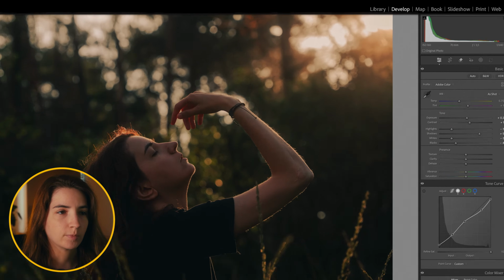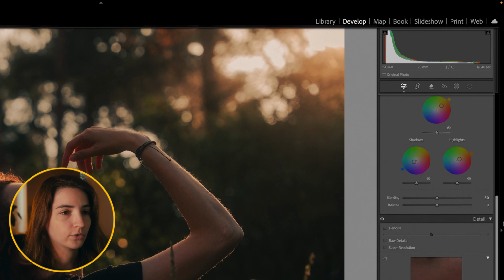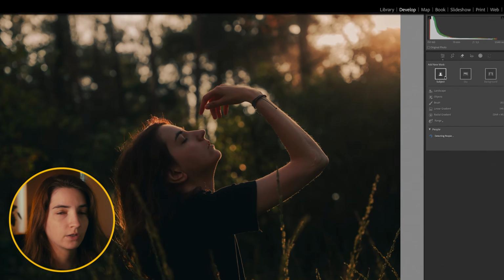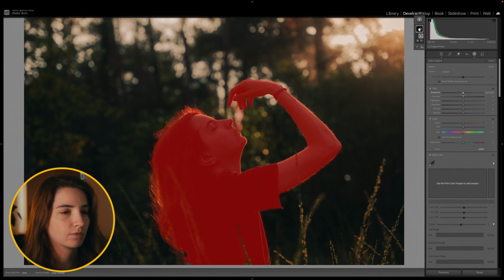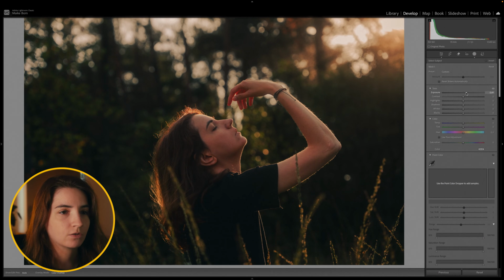Now let's put all of this into practical workflow. I'll start with a portrait and then move on to a landscape photo. I already made a few adjustments and gave it an overall look with a tone curve and color grading. Next I use the subject mask. I brighten the subject slightly to make it stand out against the background, since the subject is quite dark in